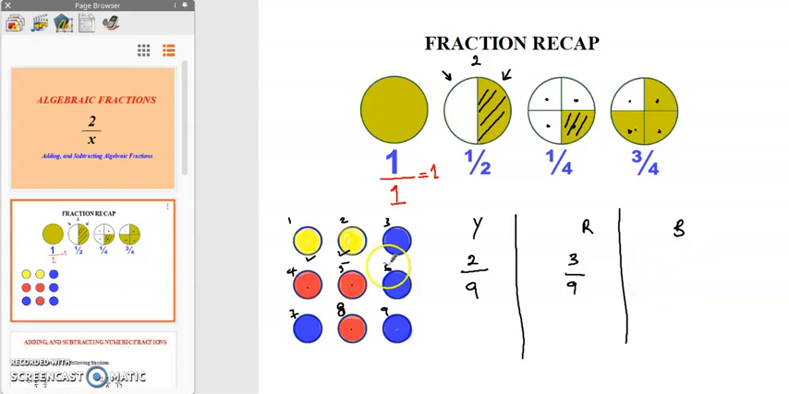How about blue? 1, 2, 3, 4. Remember, the total was 9. So when it comes down to blue, we have 4 over 9. And as I said, all of that